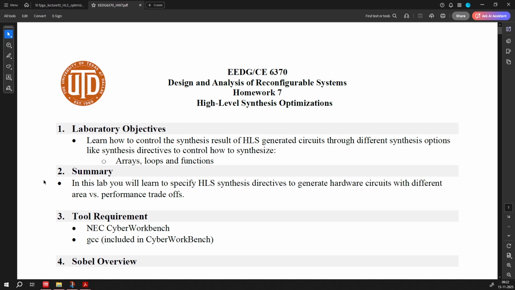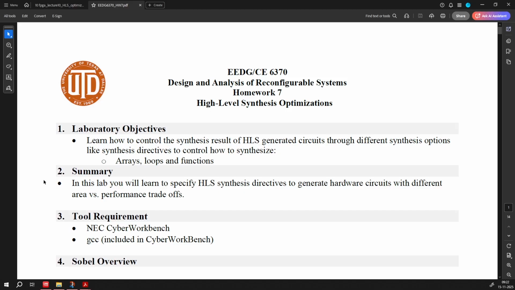High-level synthesis optimization is a process where we can control a few dials or provide a few inputs to the high-level synthesis tool to get our desired RTL. This tool performs certain optimizations by default, but using something called pragmas, we can dial that to our need or modify the synthesis options. So pragmas help in controlling how the RTL is generated or how the C code is interpreted in order to